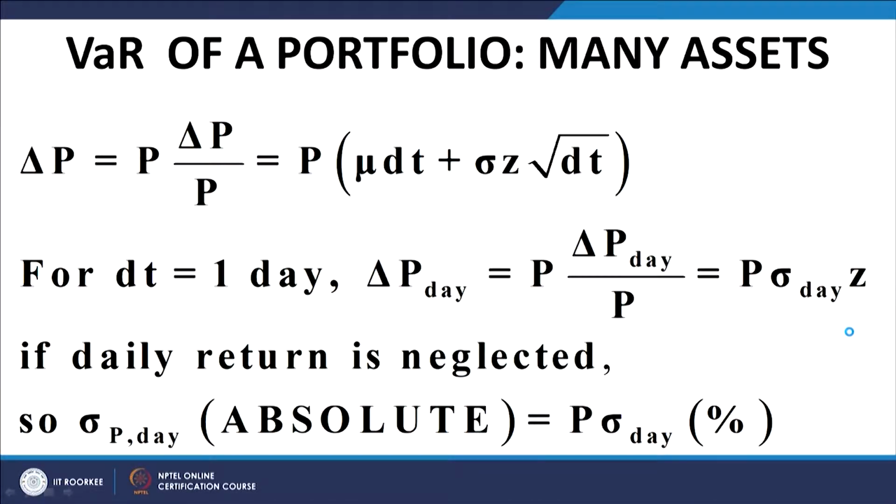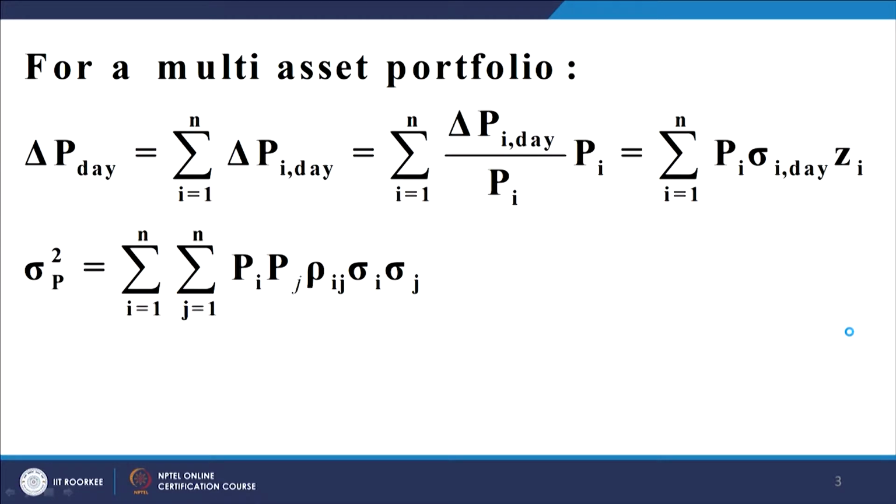Right. Before the break, we were talking about the calculation of value at risk assuming the Black-Scholes model. We discussed the scenario where we had a single asset, and we also discussed the scenario where we had two assets comprising the portfolio. This expression or formula can very well be extended to a number of assets, say n assets, and for n assets we have this expression, which is again a very standard expression.